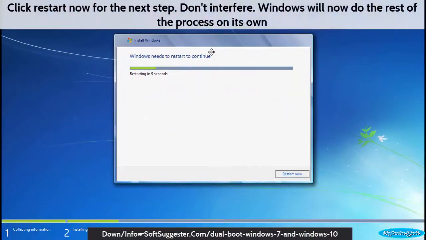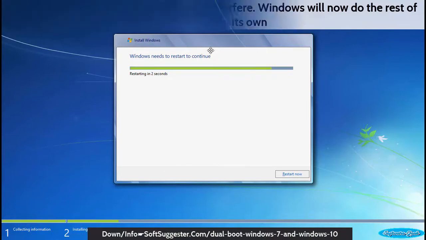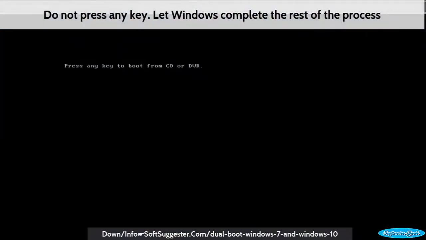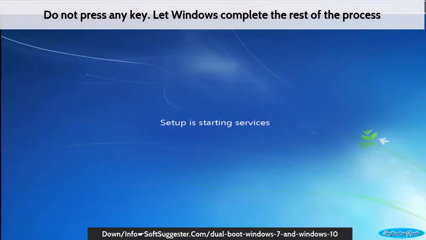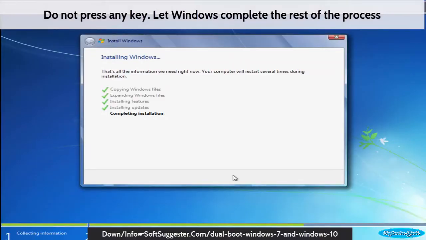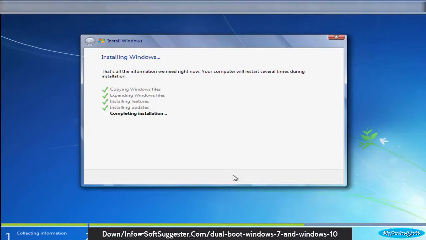Click Restart Now for the next step. Don't interfere, Windows will now do the rest of the process on its own. Do not press any key. Let Windows complete the rest of the process. Final restart.